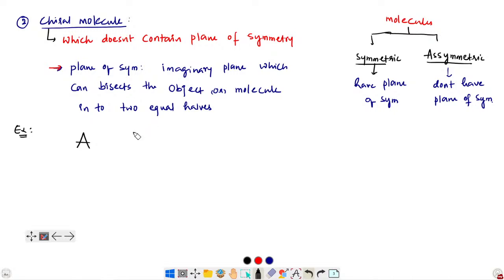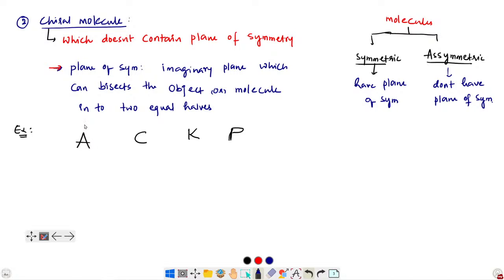If I write letter C, if I write letter K, if I write here P. So in these letters, if you pass an imaginary plane like this vertically,